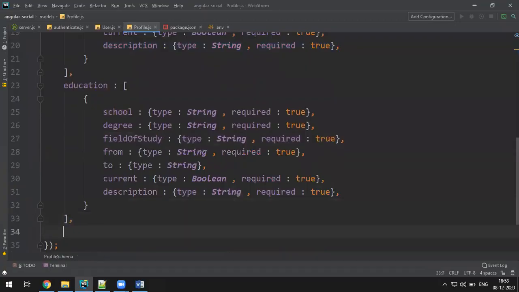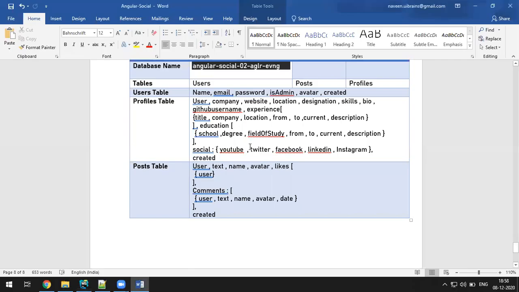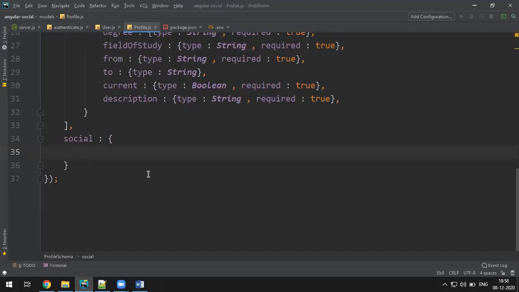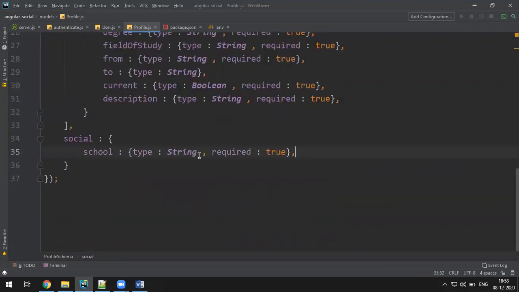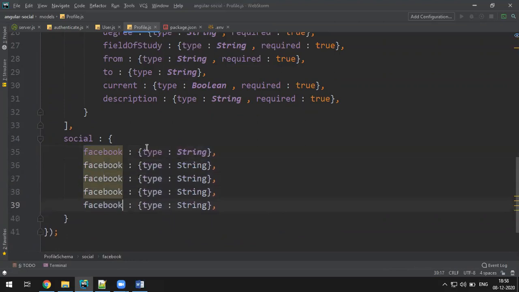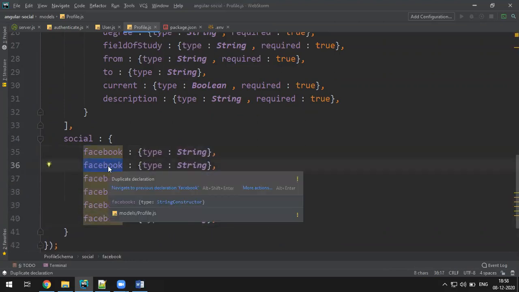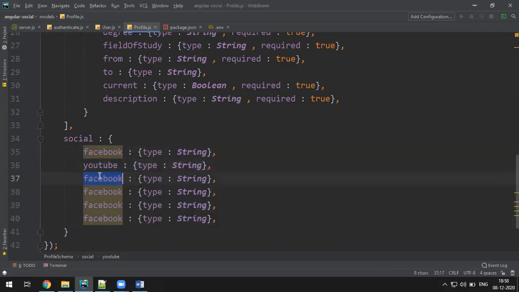Let's also make a comma. One more is social. Social is an object. So social links like Facebook, YouTube, Twitter links. So I guess I can make it from here. They're all just optional fields. If you want to provide, you can provide. So Facebook URL, Facebook, YouTube, Twitter,